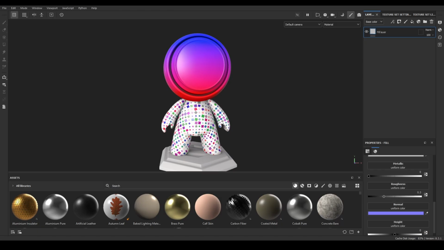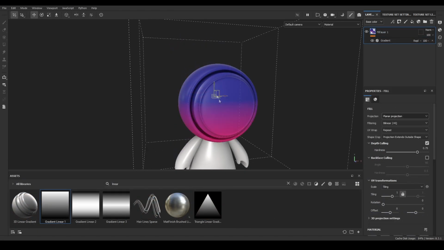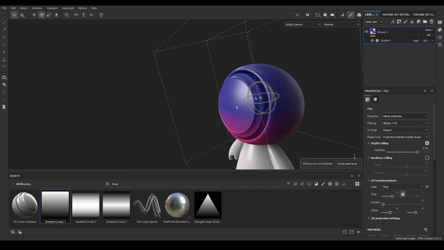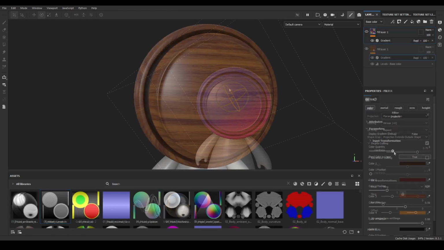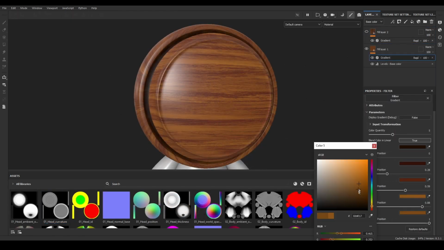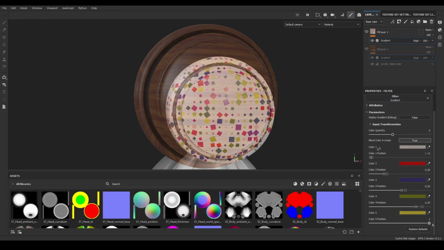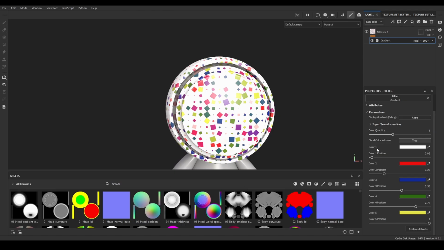Some common uses for this filter are creating directional gradients on your mesh with very easy contours to modify depending on your needs, produce layers with color information more detailed than a flat layer, useful as a base for your materials, or even set random colors to different elements on your texture.